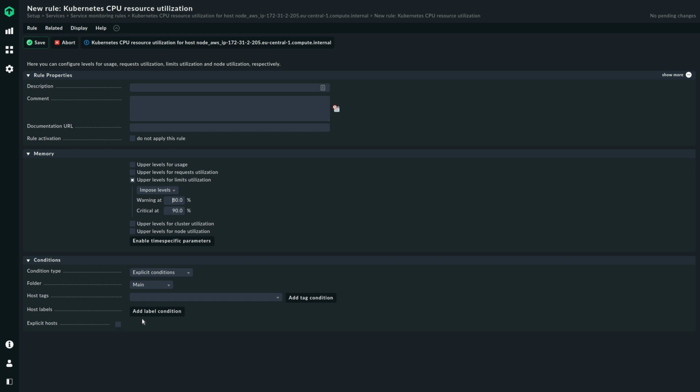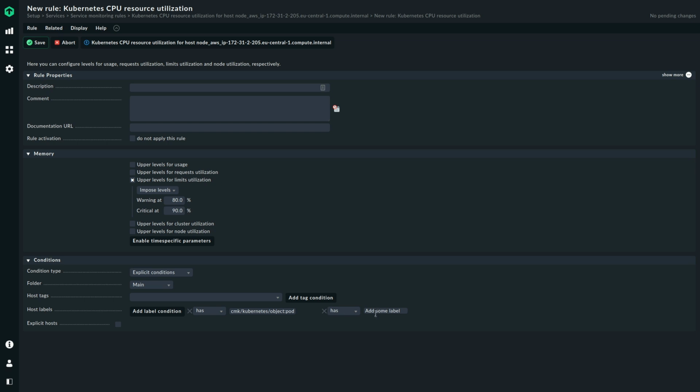And now let's define for which objects this alert should be valid. So we can use labels. Labels are super powerful, and CheckMK 2.1 comes with a lot of predefined labels for Kubernetes. One of them is anything around objects. So for example, I want to have this rule only applicable for pods. And I don't care that it works for all deployments or stuff.